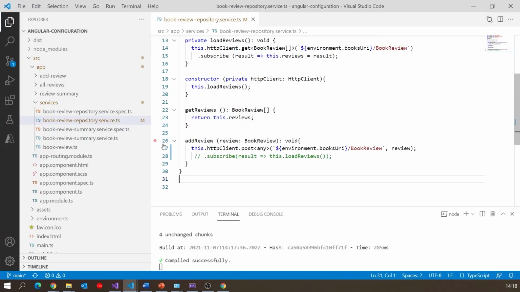The reason being that because we never subscribed, the observable was never activated and therefore it never sent the post request to the server. So that's the situation where we really do have to remember to subscribe.